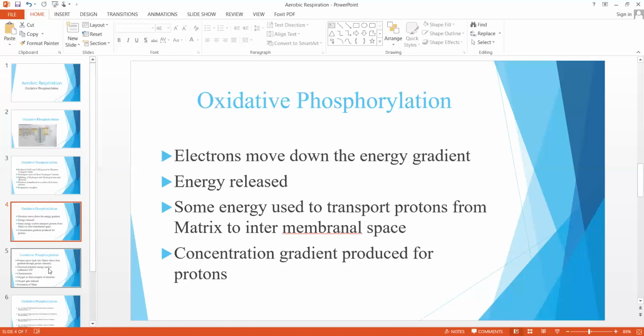Remember that the number of ATP molecules actually produced varies in different tissues and in different circumstances, and that depends on how much energy is used to move the substances into and out of the mitochondria. Like for the movement of ADP from the cytoplasm of the cell into the matrix of mitochondria, and then for the movement of ATP from the matrix of mitochondria back into the cytoplasm of the cell.